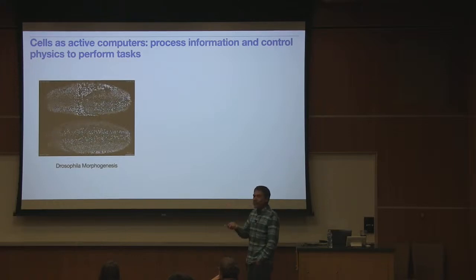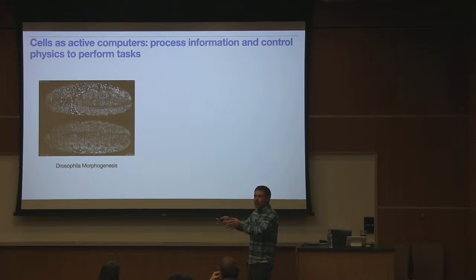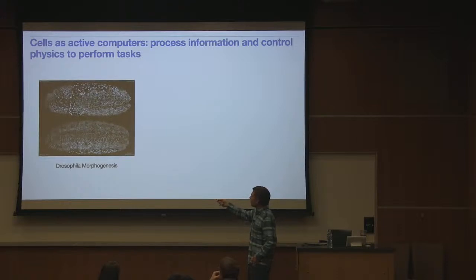And the first time I saw this movie, I was a grad student, and I learned a lot about patterning and morphogen gradients and bicoid. And the thing that struck me is I was like, what's going on? Why are all the cells moving around? The most striking aspect of this movie is really the physics. The cell is able to sculpt its internal shape, generate forces, ultimately egress and